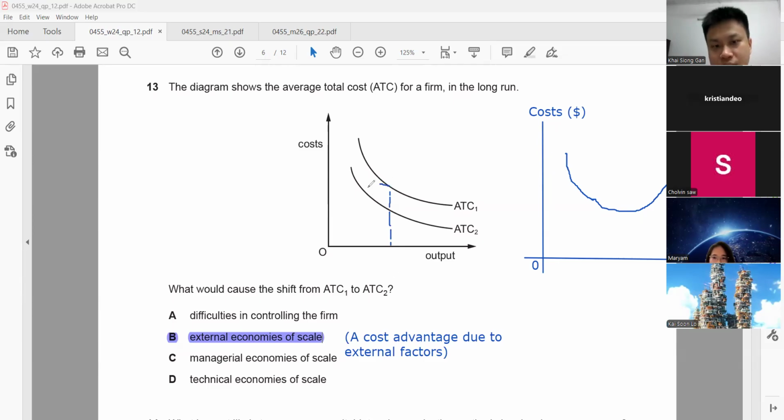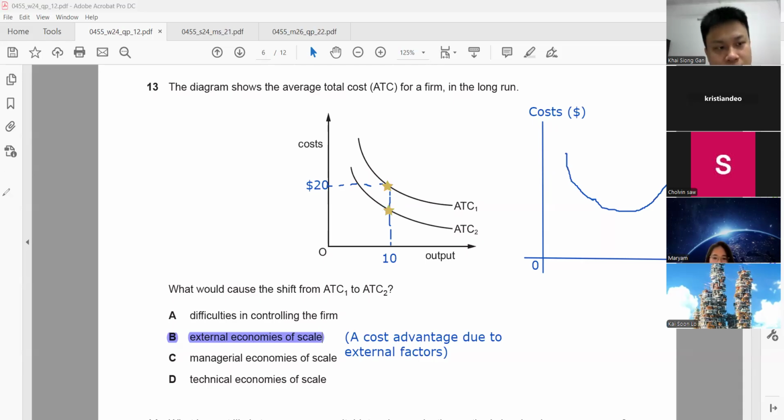You see, at first we are here. You see my blue dotted lines. I'm so sorry today, my annotation is not nice because I'm using a mouse. So you see, at first you are at this point, at this output. I can give a number, for example, 10 output. Your cost at first is at 20. But then your output remains the same, but your cost becomes lower.